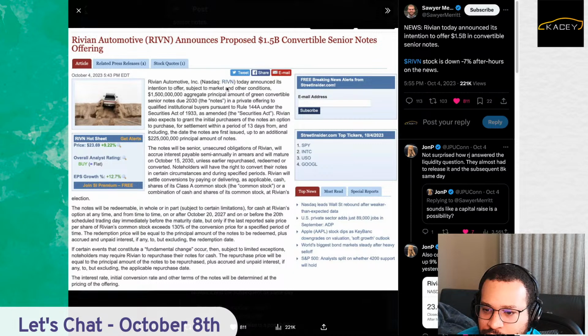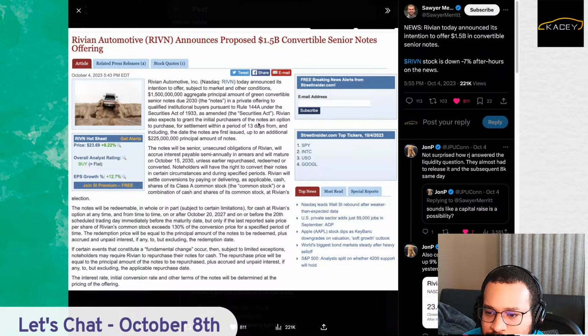Rivian announced its intention to offer, subject to market and other conditions, $1.5 billion in aggregate principal amount of green convertible senior notes due 2030. The notes in the private offering to qualified institutional buyers. Oh, that's why retailers aren't able to purchase this. That's why. Pursuant to Rule 144A under the Securities Act of 1933, as amended, Rivian also expects to